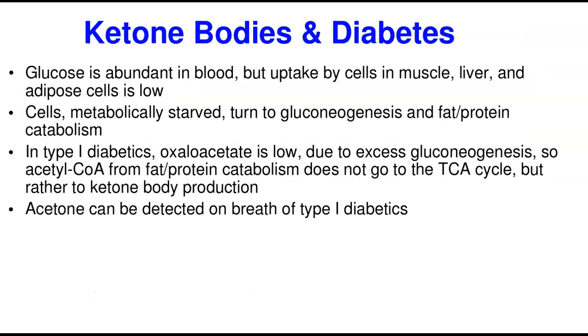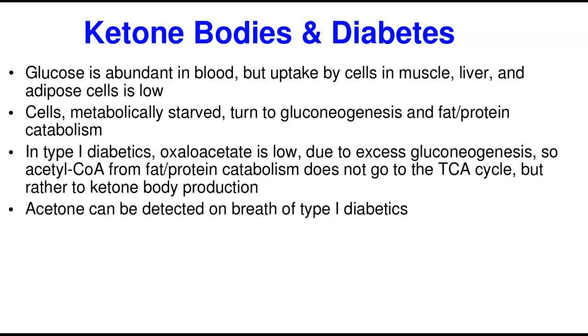Having said that, we'll now talk about, like I said, ketone bodies and diabetes. You know, in diabetes, glucose is in the blood, particularly when the person eats, but the cells cannot take it up, because part of the job of insulin is to stimulate the cells to take up glucose and break it down in glycolysis. When insulin is lacking, remember, in diabetes, the person is lacking insulin. It's lack of insulin in type 1, or lack of insulin receptors in type 2. So in type 1 particularly, there is too much glucose in the blood, but the cells of the muscle, the liver and adipose tissue cannot get it.